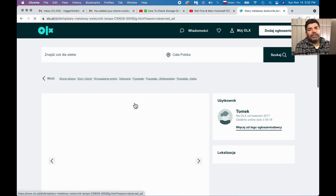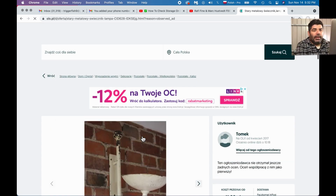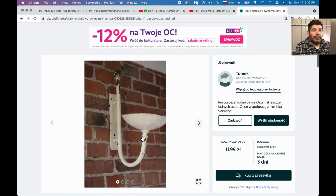So this is something that just kind of stuck out to me. I don't even know what it is. I don't even want to guess what it is. But I think it would be really cool in a hallway to throw your keys in when you come in, get them up out of the way. And the thing that really sold me on it was this large iron ball at the top. You can see that this is like a cast iron piece. So it's very heavy duty, and